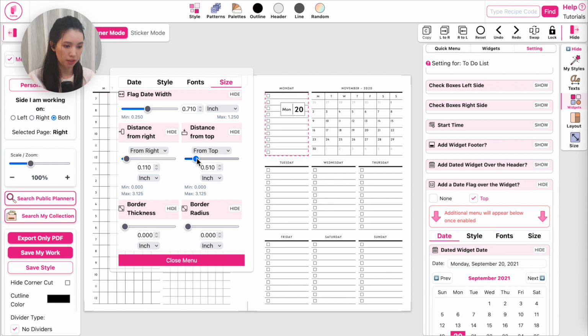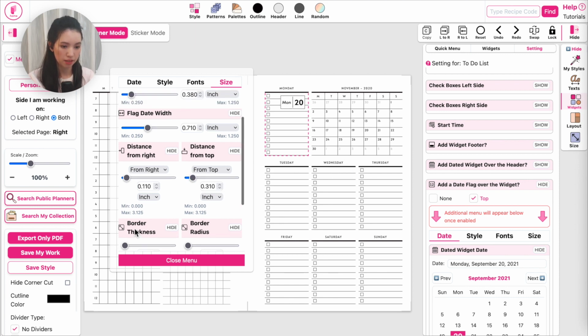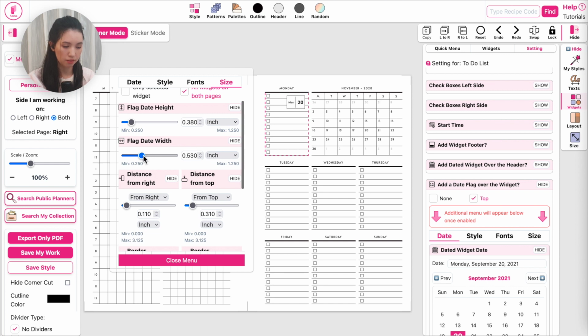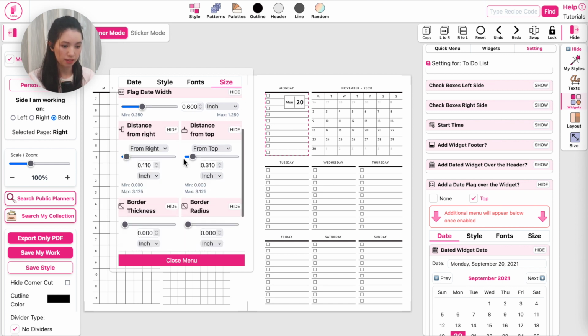You can also bring them a tiny bit down like this, and maybe make them a tiny bit smaller or less wide like this. And if you want, you can also have them aligned from the bottom. So here you can click on bottom, and then you can align them from down here below. But I will have it aligned from the top for this video,